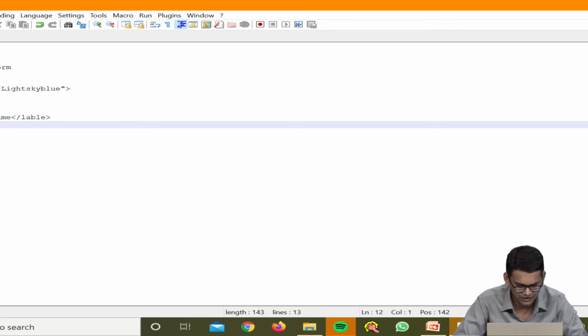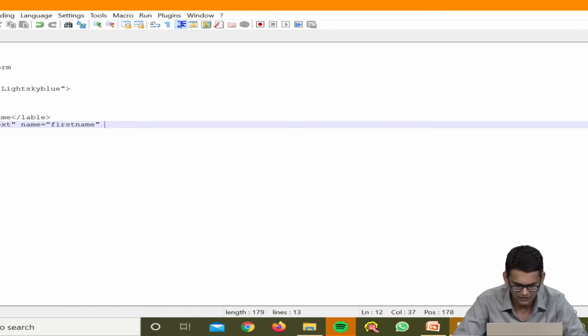Then we provide the input type, because we want to take the first name in the text box. So, input type is equal to text. Then we provide the name, as we discussed in the syntax of text box, so the name here will be first name.